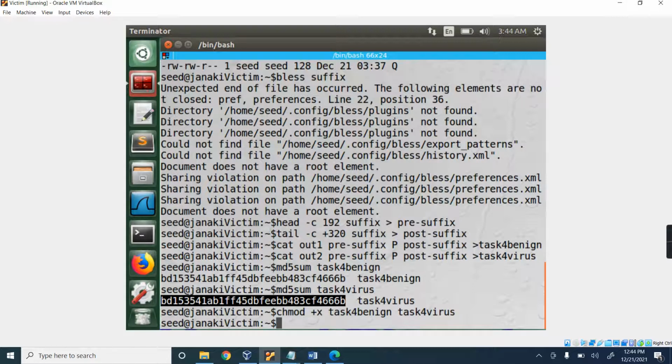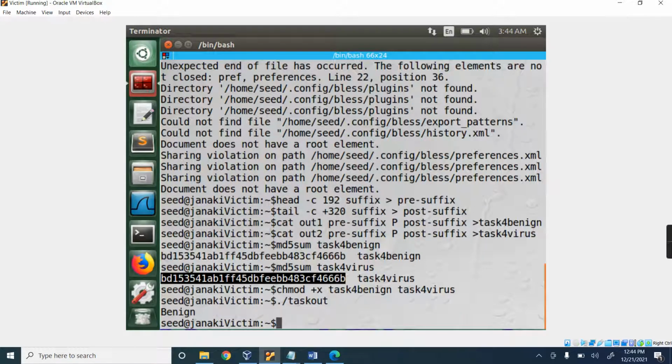So I will run the first file. What is the first compiled file for execution? ./task out is my first file. It is giving benign. Now my second file is task 4 benign.